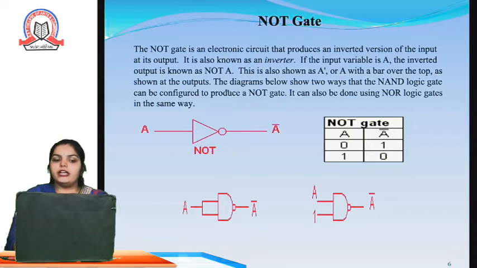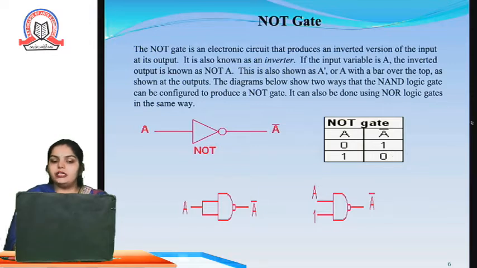So you can represent A with a bar, which shows that it is the output of the NOT gate. In the diagram here, this is the circuit diagram, or you can even call it the symbol of the NOT gate. On the right you can see the truth table. If your input is 0, it will produce 1, and if your input is 1, it will produce 0.